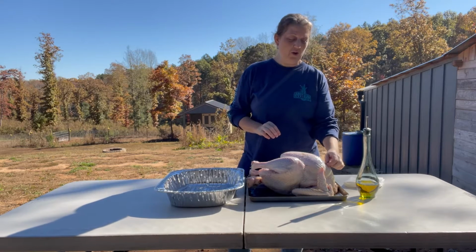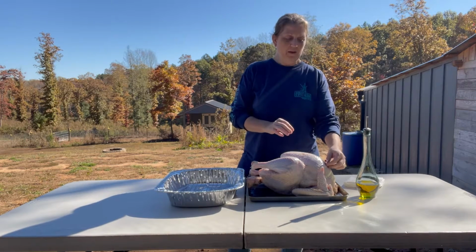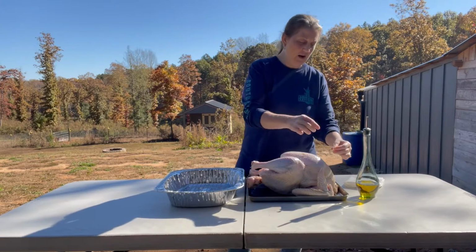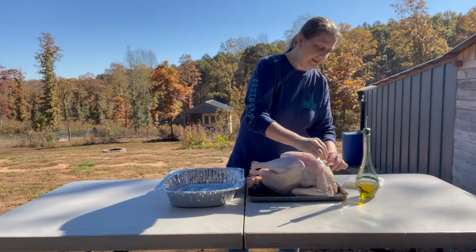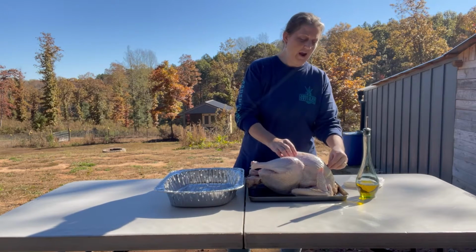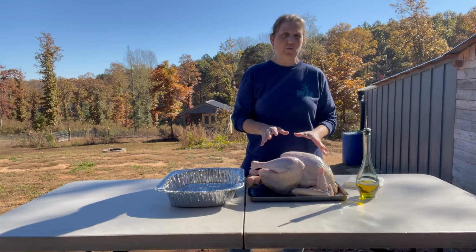One thing I want to point out is, I don't know if you have bought a turkey before where you've seen this little pick with a red button on it. It's inserted in the breast, and when the turkey reaches